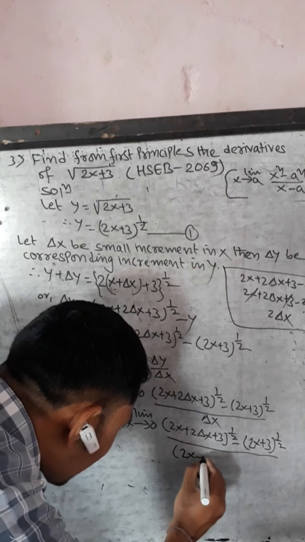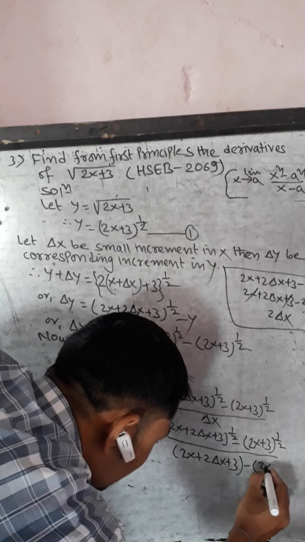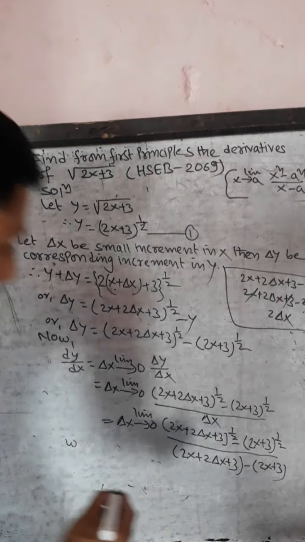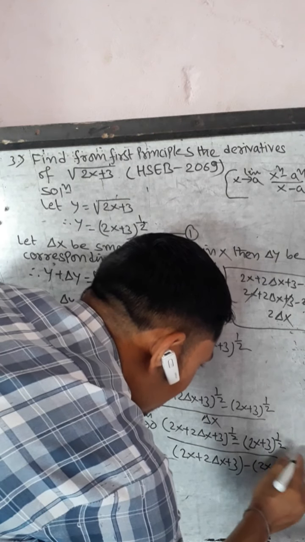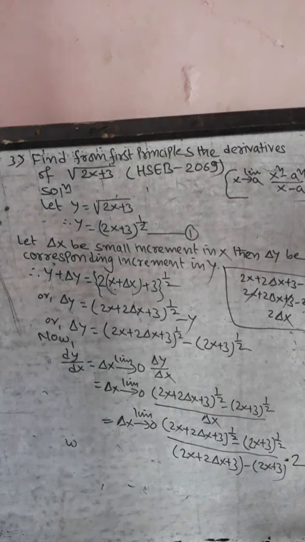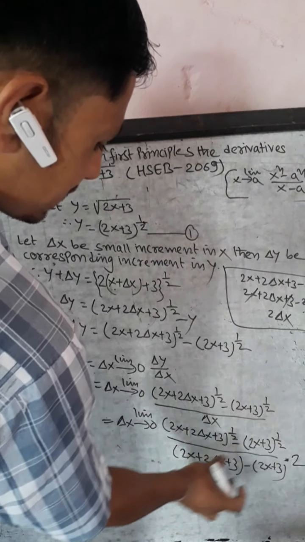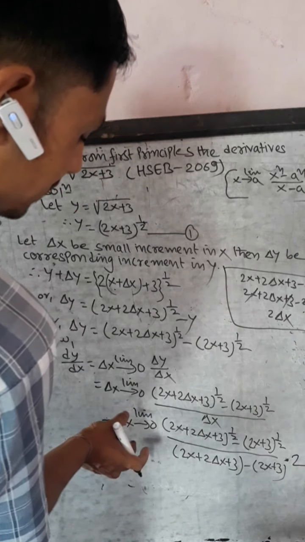If you subtract this part minus this part, okay, then you will get how much? 2 del x. But here it is not 2 del x, only del x. So what you will do? Whatever the number is, that number multiply over here. Okay, now this part is matched. x means this part, a means this part, x to the power n minus a to the power n by x minus a. Now only the limit remains.